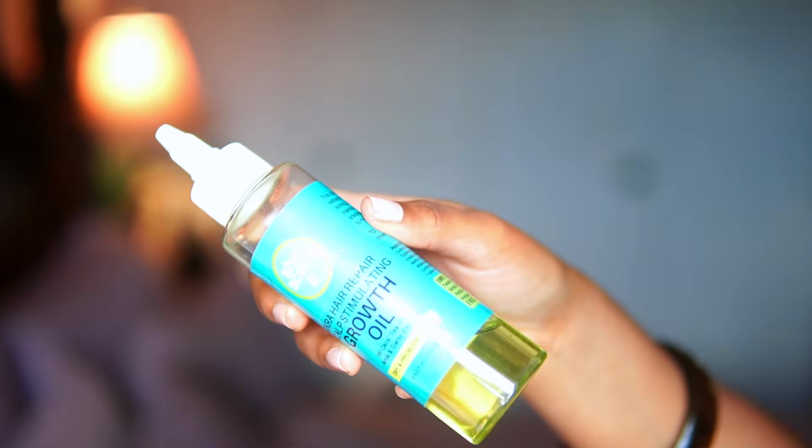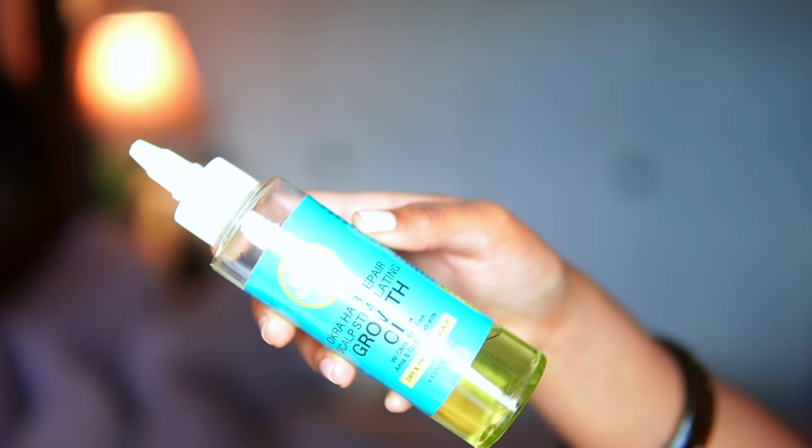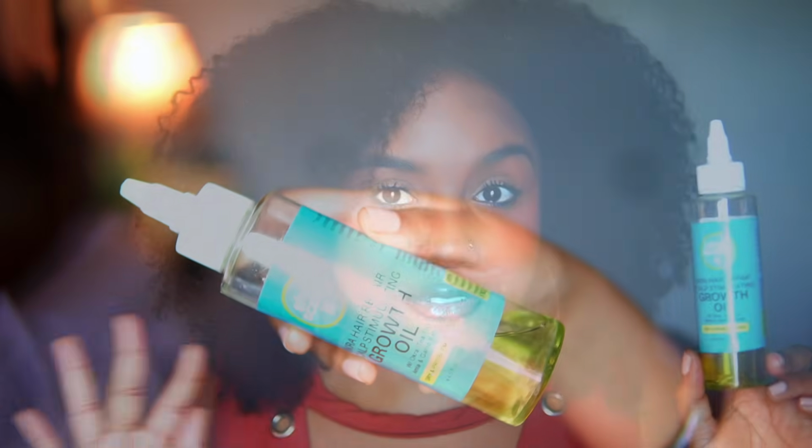Instead of using the nozzle to apply this, I have been putting it on my palm, like how it says, a few drops. I get a few extra drops and focus them on my weaker areas or areas that grow a little slower. So I changed that, and instead of using this after wash day and midweek to oil my scalp, I decided to use the She Sensei Okra Hair Repair Scalp Stimulating Growth Oil. Disregarding the fact that it does say growth oil on it and that this is also a growth oil,